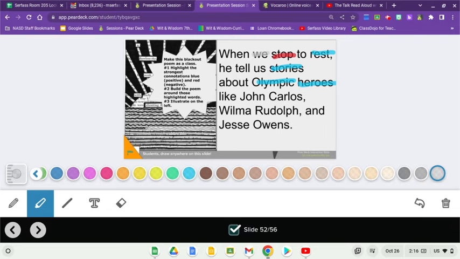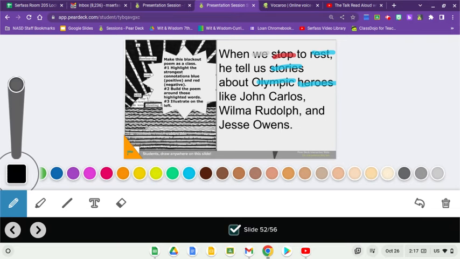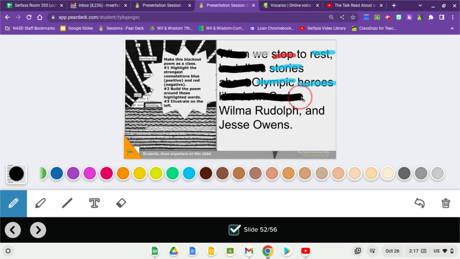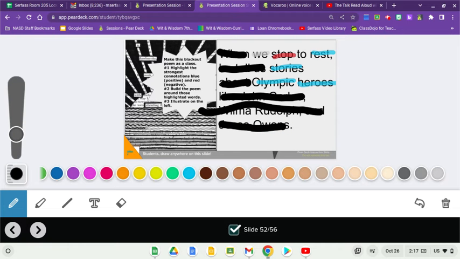Now I can make a little blackout poem. Let me make that a little less big by dragging the circle down. And I'll get rid of when. And I'll get rid of he tells us. I'm going to get rid of about and get rid of all that. We stop to rest. Stories, Olympic heroes. Ooh, so it becomes almost about the characters in the book. I like that. Then I'm going to make that big again